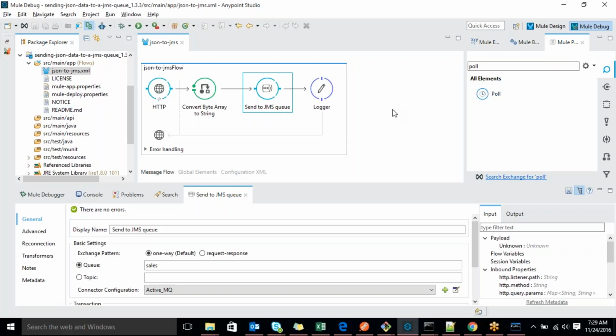Now we are pushing the operation. If you want to pull that, we can keep this as the starting point. First you have to drag and drop poll, and then you have to insert JMS, right? If you're not using poll, it will keep on checking, by some internal configuration. We need to subscribe to that queue, so automatically whenever a message arrives, it will pull it out. No need to do anything if you subscribe to it.